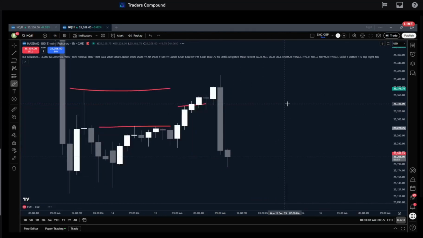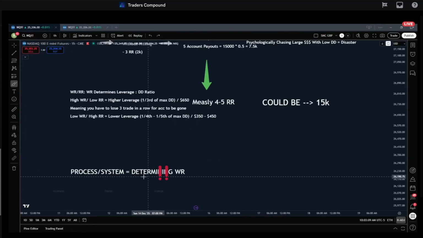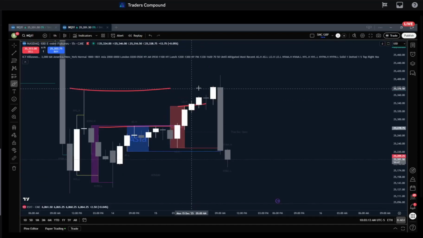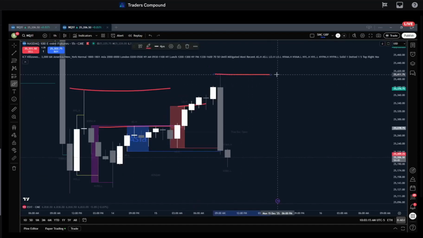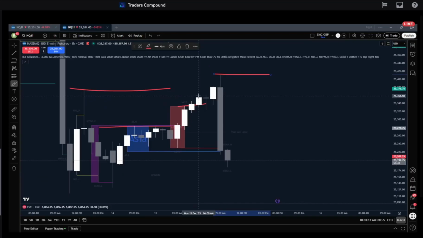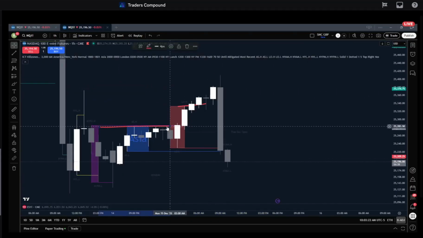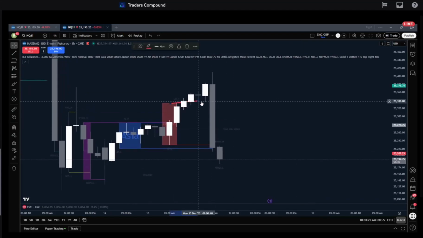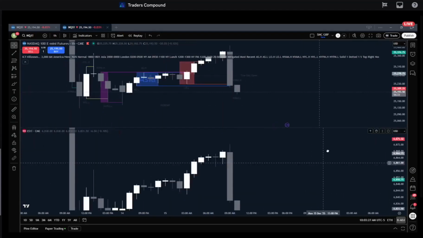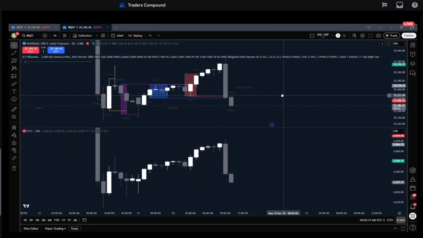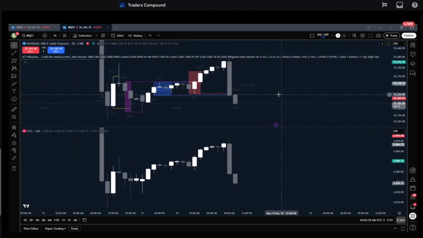But for me, you guys know, what did I just talk about? I just talked about my process and my system. I'm going to religiously trade that. So for me, there's no external draw on liquidity. I'm not taking it, right? That's what it is on a day like today. Let's see, do we have a key level ST? We don't. So we don't even have the criteria that we've met.